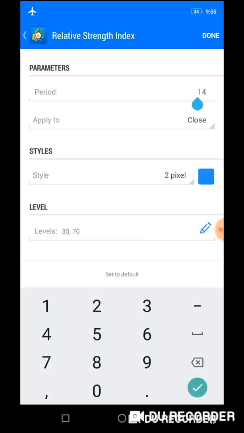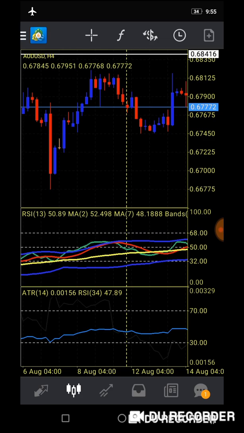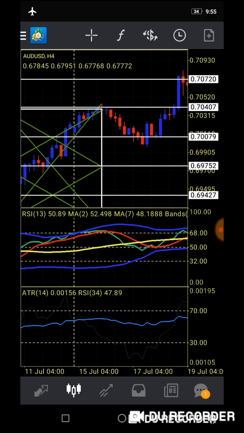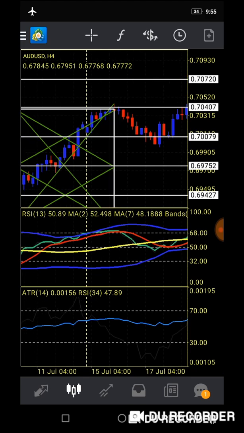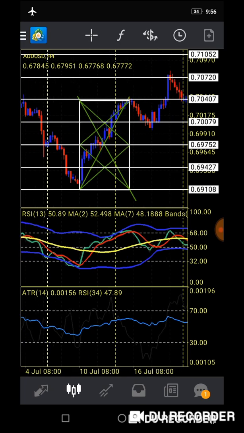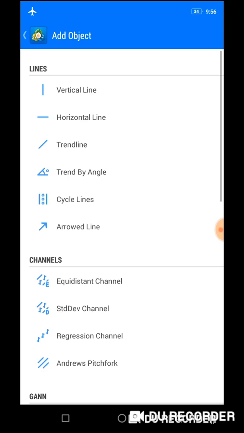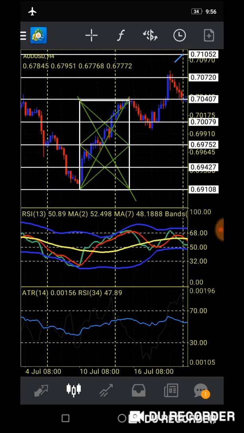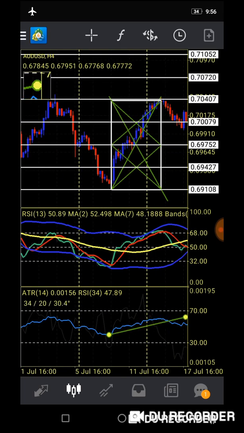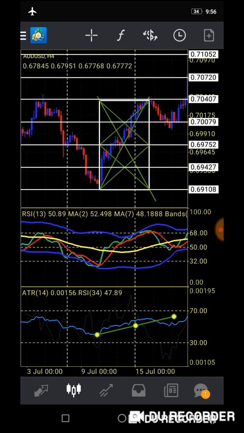Change the 14 to 34 or 21. But let me use the 34. Those are Fibonacci numbers. Now look at this point. You'll be wondering, what is this man trying to do? This was a low. Get a trend line. This point was a low in the RSI. Draw a trend line across it. Now look at the point where